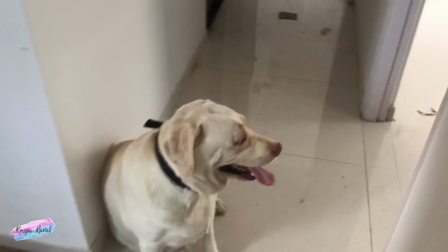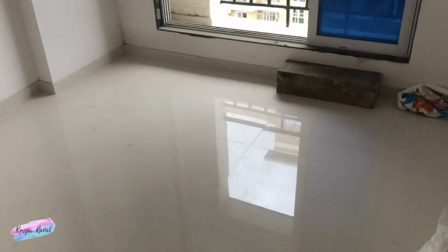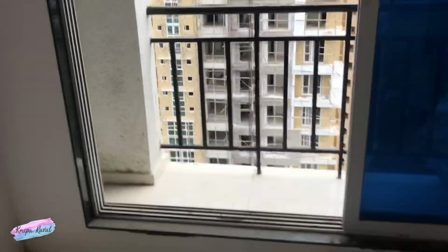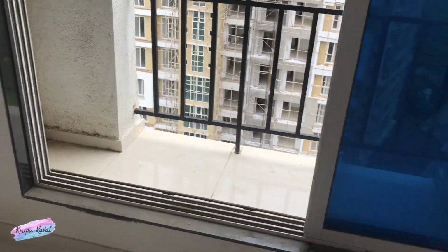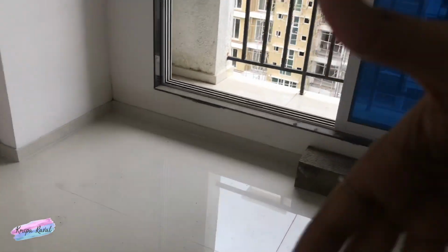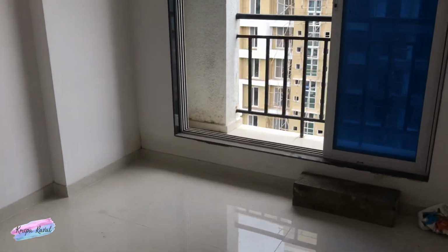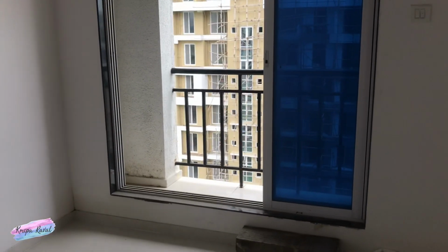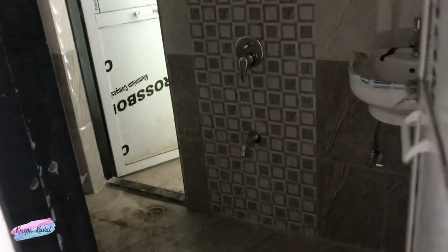She's super excited. This is my room. Yay! Okay, so we are just gonna remove this balcony area because I need more space to work on. So this will go, and it will be like bigger space. I'll get more space to work with. So this will be my hostel room, and I'm super excited about that. And my daddy will sleep with me, so that's not an issue because she will be outside the whole day. This is washroom, which is the common washroom, and we have this area, and you can see a lake from